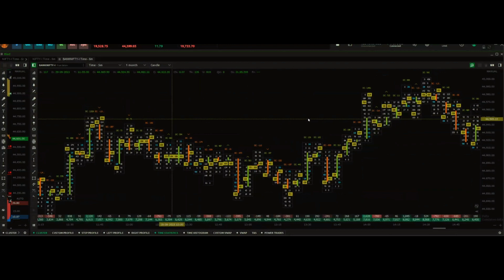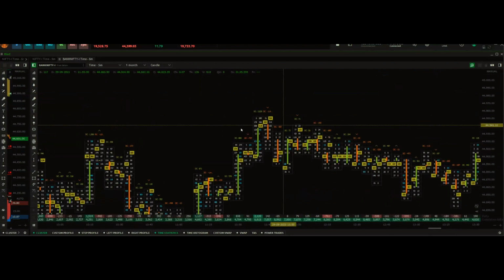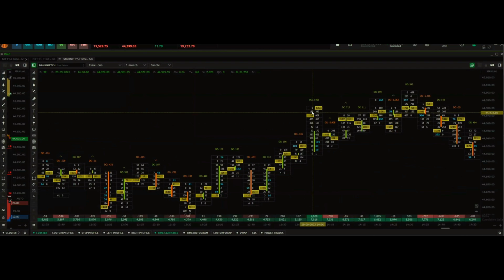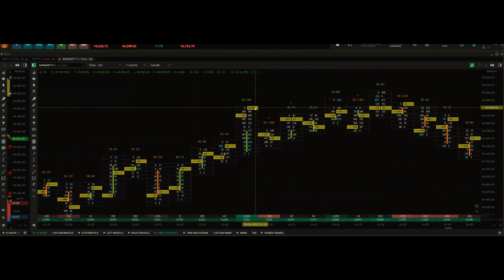Here you see a passive seller entering in Bank Nifty, a 1300 lot order. This seller absorbed all the buying. This big seller came in, he absorbed all the buying that is happening, and then the markets came down. Again, you see an up move. Once again, the seller stepped in. You see a 2200 lot order exactly at the high of the candle.